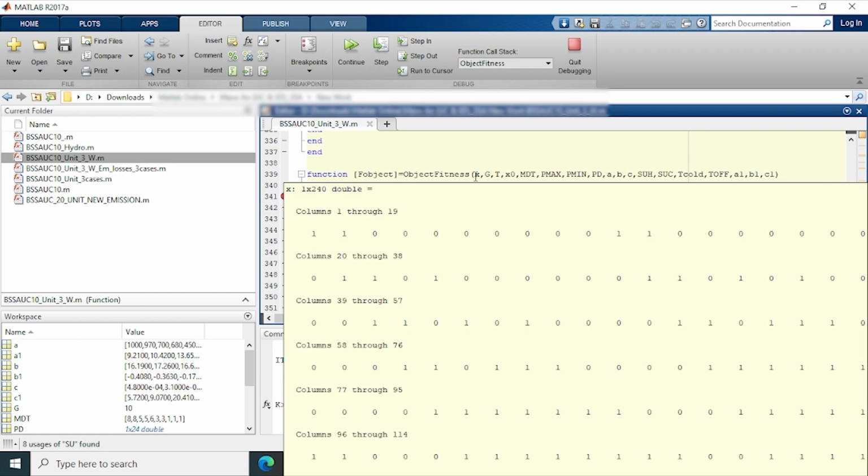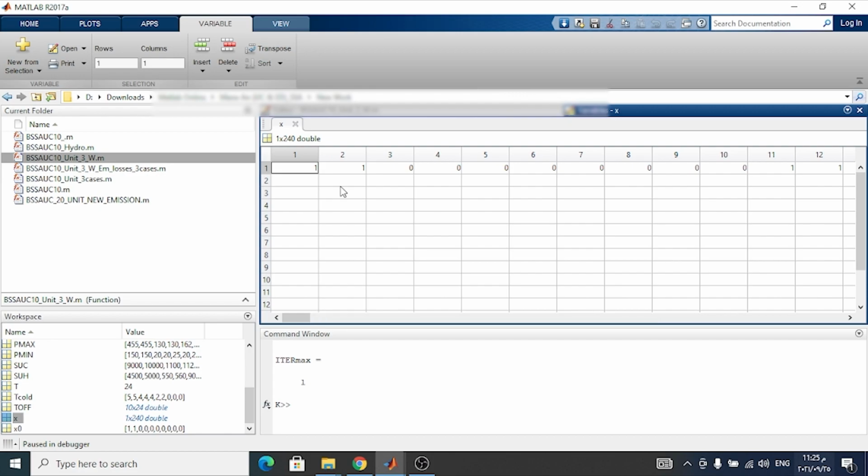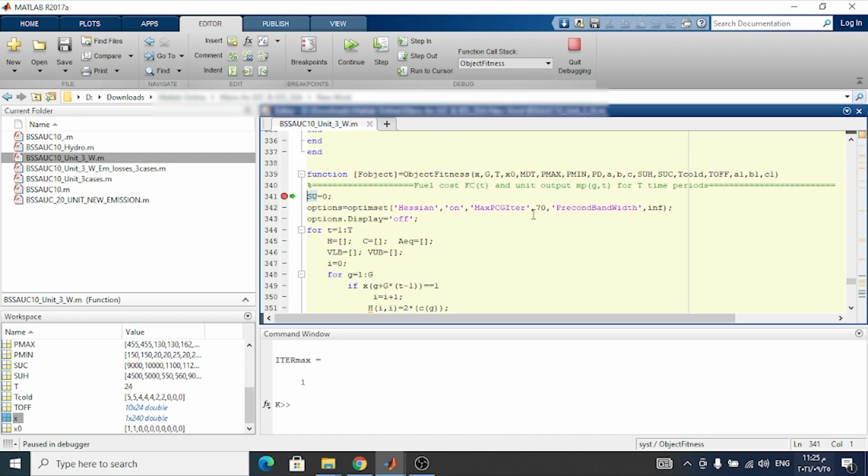So we have 240 states, and for the first hour, if you open the x, the first 10 states are for the 10 generations for the first hour, and the second 10, from 11 to 20, are the second hour for each generation, the state of each generation, and so on for 24 hours. So the SSA optimizes the state of generation for each hour,